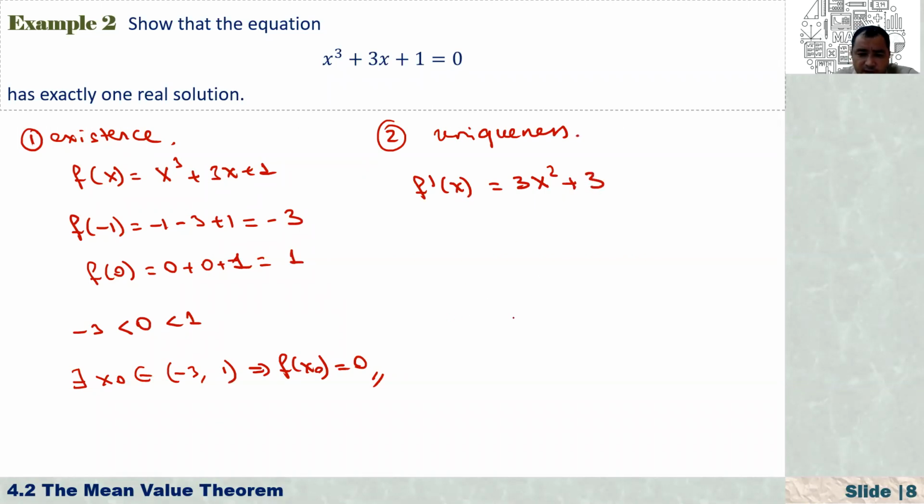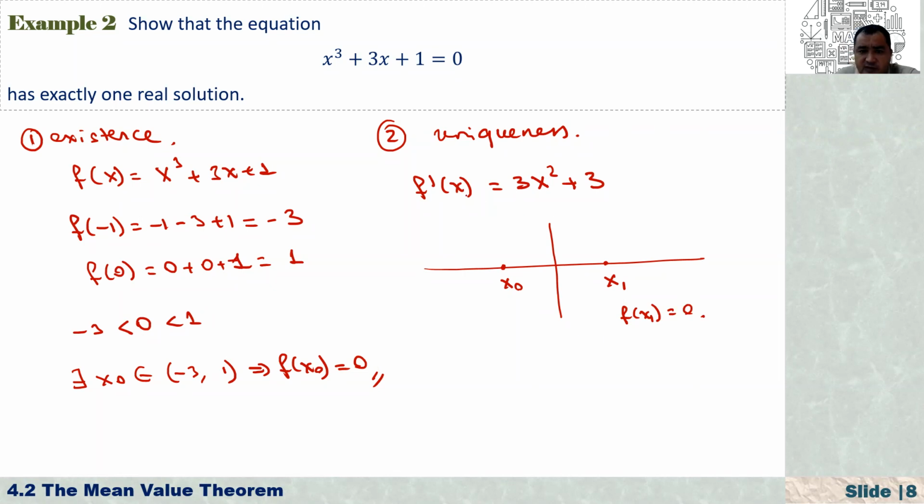So actually, suppose that we have another root, and this one is some value, let's say x sub 0, where f of x sub 0 is equal to 0, and suppose that I have another value here, on the left or on the right, it doesn't matter. Suppose that we have another root here, where I'm expecting that f of x1 is equal to 0, right?